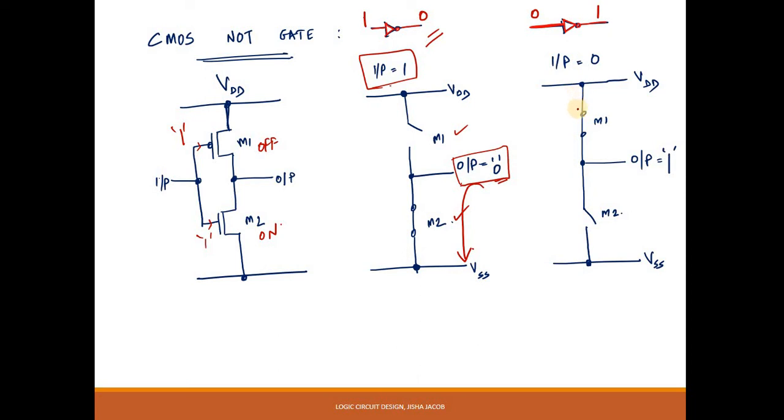In the next case, when you apply an input of 0, this 0 turns on the PMOS and turns off the NMOS. In this case, the M1 transistor is on and the output is pulled up to VDD, giving a logic output of 1. M2 is off and therefore no current flows in that direction. So in the second case, you see when you applied a logic 0, you got a logic 1. This is exactly what a NOT gate does. It is verified with the truth table of the NOT gate, in which you apply 1, get 0 at the output, apply 0 and get 1 at the output. Okay.